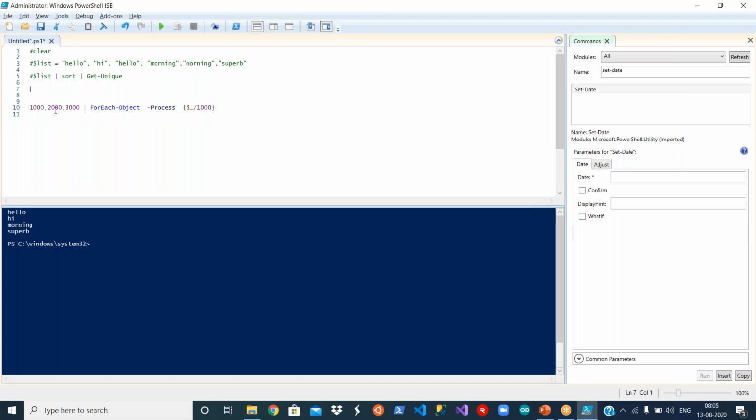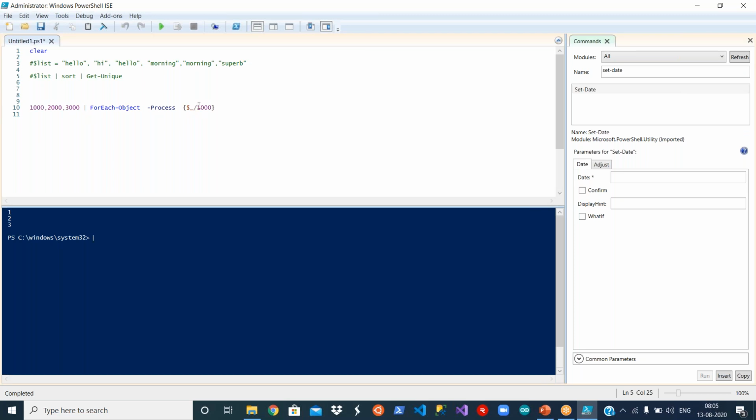So now it is simplified. You have the list of values, basically coming from some other source as an input. You apply this command and you process that, and that operation is divided by 1000. Now, if you see this, let me clear this one. 1, 2, 3. You see, because $_ contains all this list of values. It is a very simplified version.